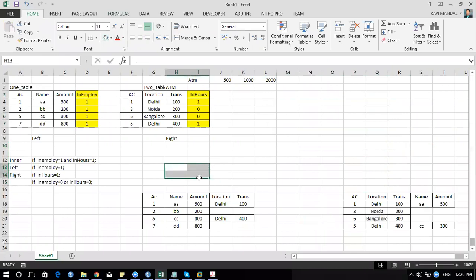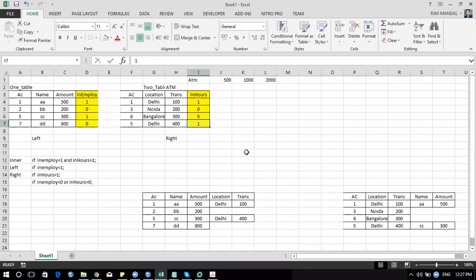Okay. Another is there, where I just want to know which transactions are not available in both those tables. So what will happen? If you compare 1 and 1, it is there. So I'll say this is not there here and this is not matching with here. Correct? This is not matching, this is matching here, this is available over here. This is not available here, this is not available over here.